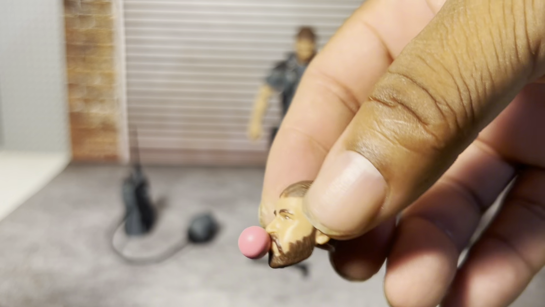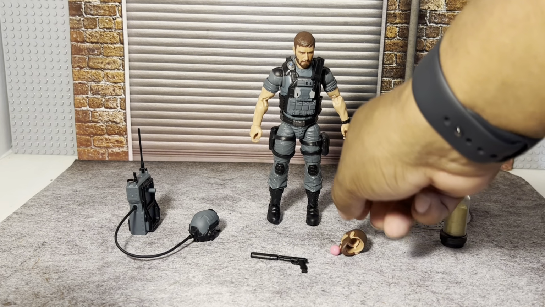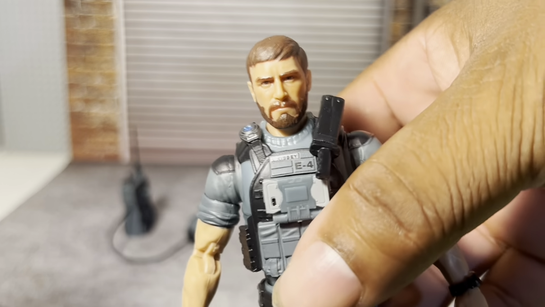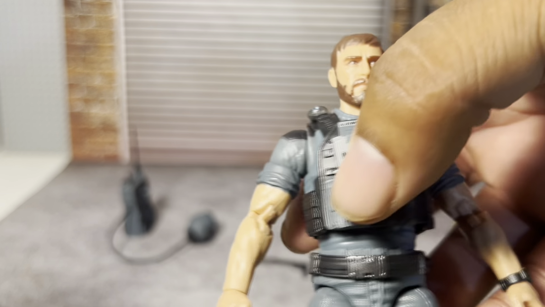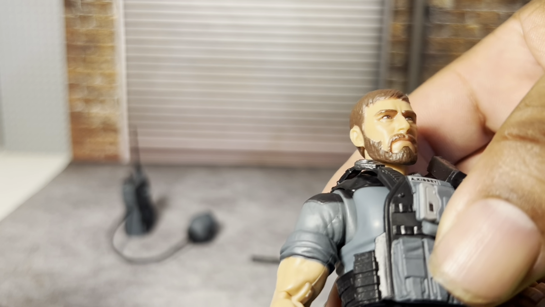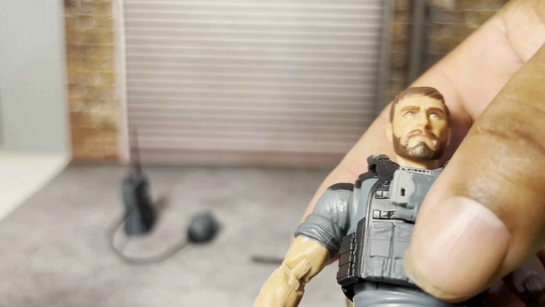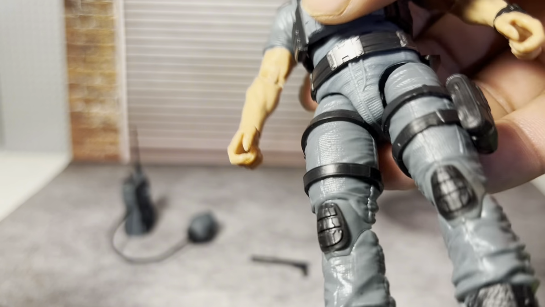The bubble gum does not come off, so don't try and pull it off, or you're going to break it. Then as for Breaker himself, nice new portrait. Pretty cool. Those guys were all kind of generic dudes, so changing up the face doesn't really make too much of a difference. But as far as Breaker himself, he is the